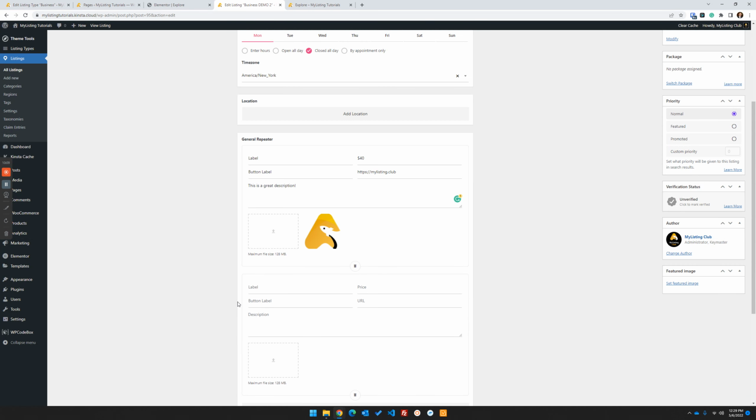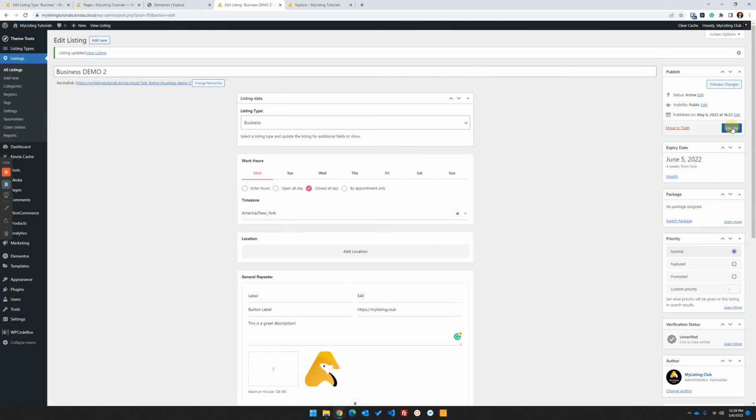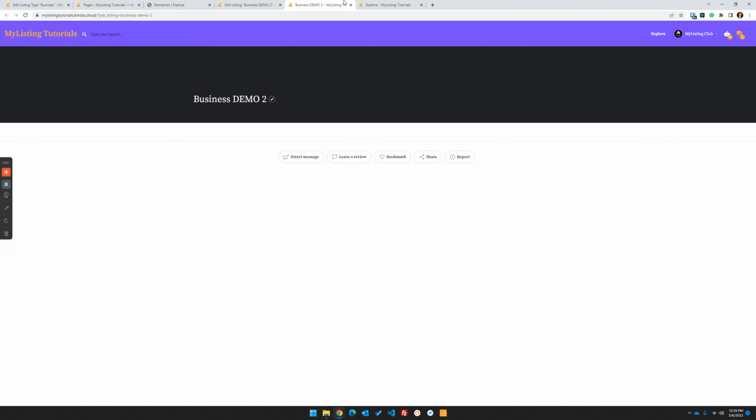Okay, let's go ahead and add another one. Label 2, this one's going to be $80. Button label 2. This is also a great description. All right, let's go ahead and publish this and see how this looks. I don't know why that, actually I do,